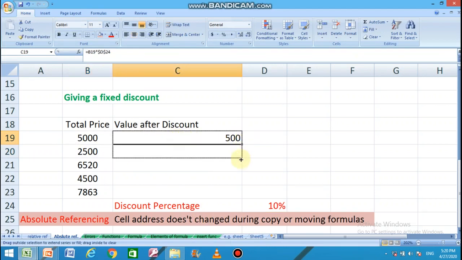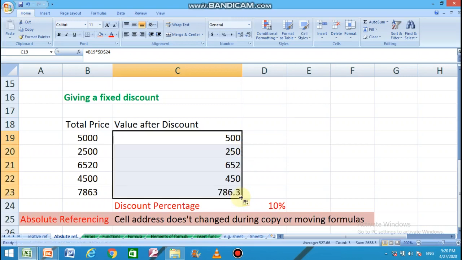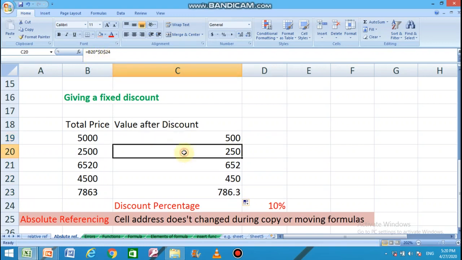Let us copy the same formula for all the cells. All the discount prices have been calculated. Let's see what happened. In the first cell, the formula was B19 times $D$24. When I copied it to the cells below, the formula became B20 times $D$24. D24 remains the same, but B19 changed to B20.